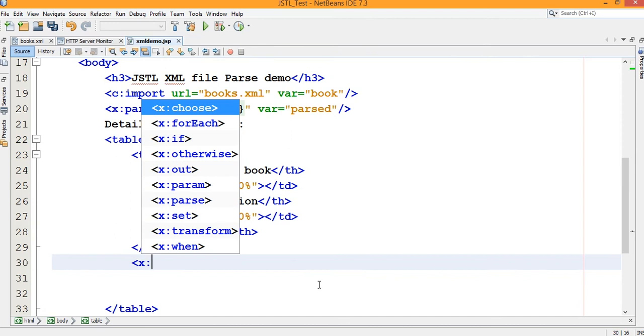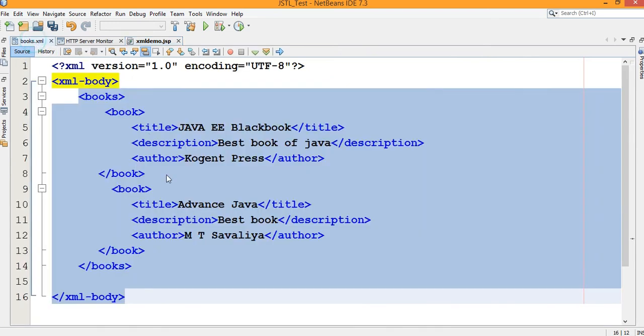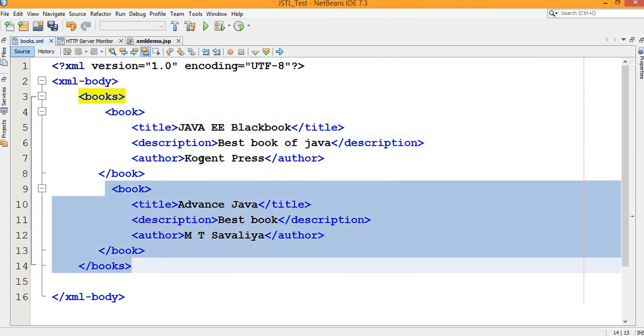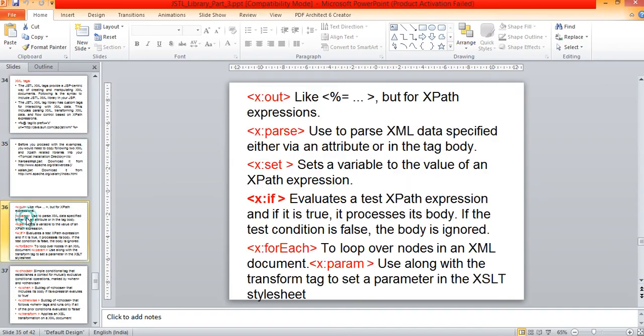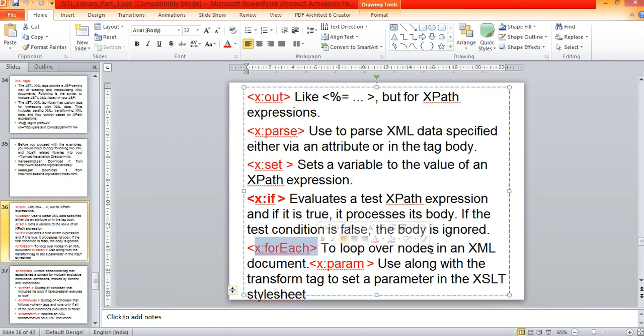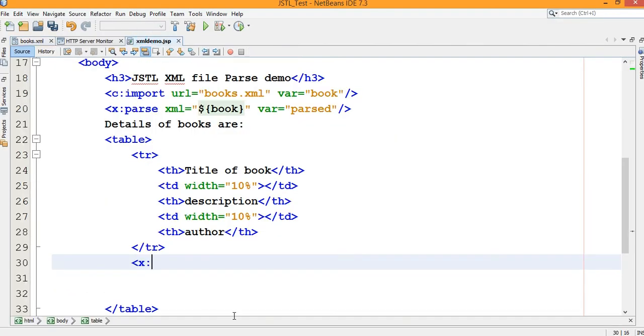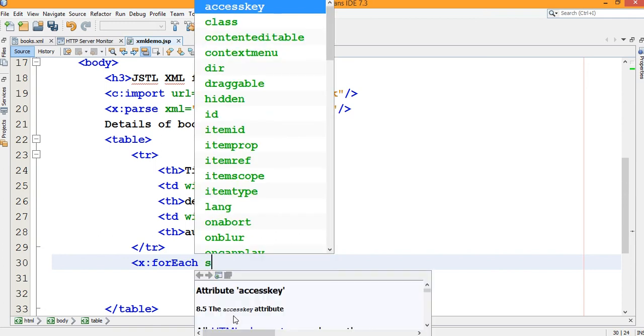So to iterate the XML document, because we have two different book entries, we have two book informations there, so we require looping. And to do the looping operation, we have a tag here, x:forEach, to loop over a node in an XML document. So I am using this one in the demo. So x:forEach.